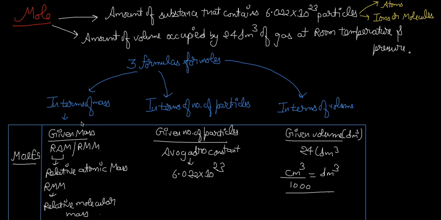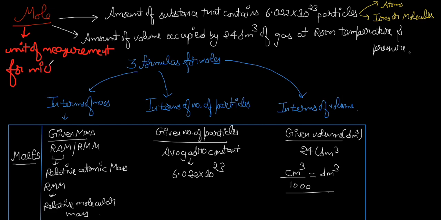Now that we are clear with the fact that where stoichiometry is used in real life, we can start with the basics of this topic. So the basics start with moles. We need to understand what one mole means, where it is used, why it is used. So one mole is just a unit of measurement